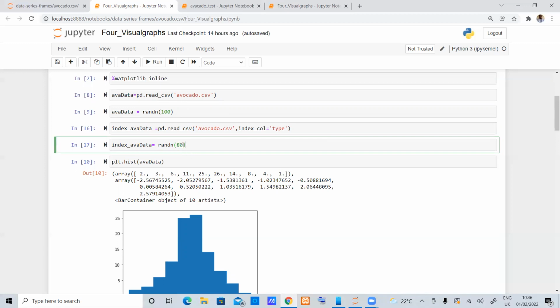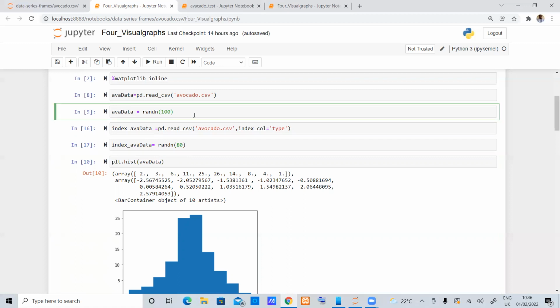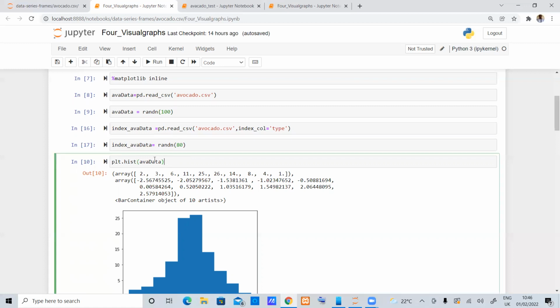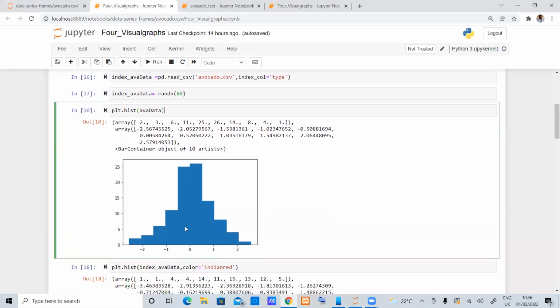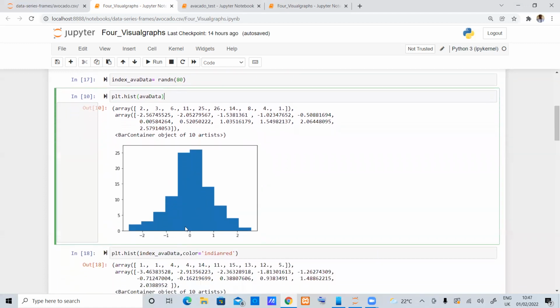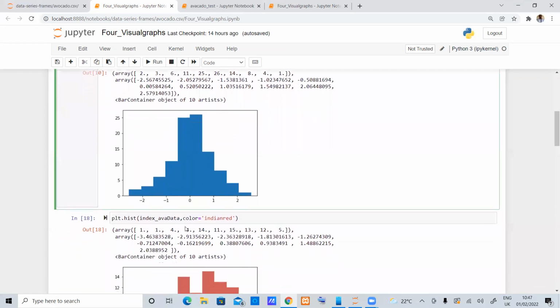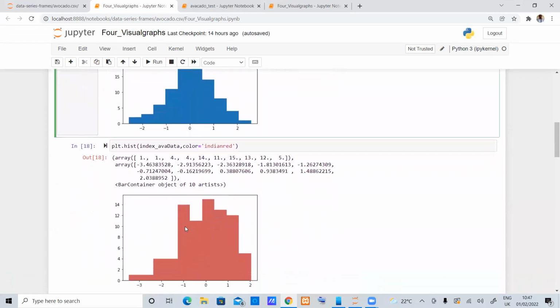I gave it 80. And then I went ahead and plotted. So when I plot this, I'm plotting the data which is here in this cell. When I run plot.hist, which is histogram, this is what I get. And then I went ahead and